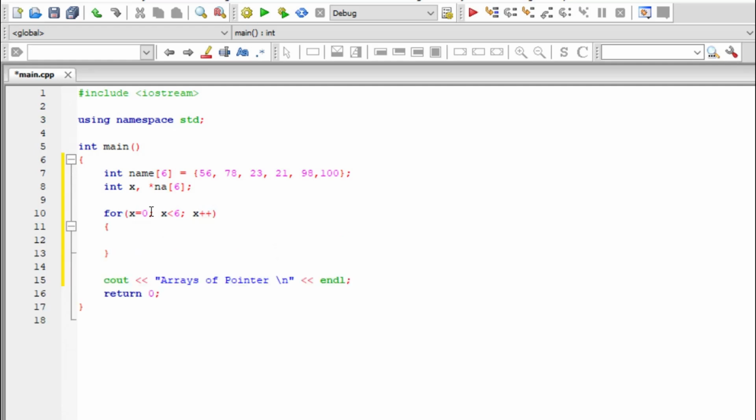Then we go ahead and say that now of x is equal to the address of name of x, with a semicolon at the end. So we have succeeded in assigning the addresses of the integer variables of name to the pointer now. The next thing is we want to print out the result,